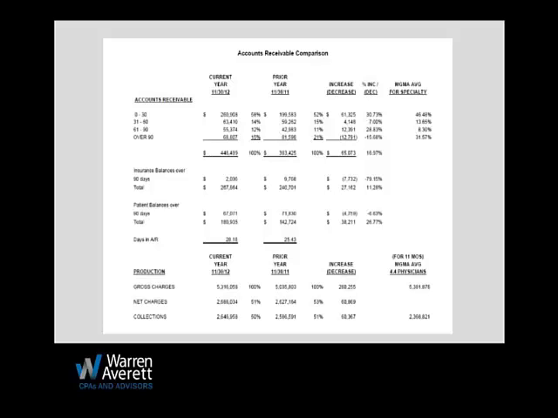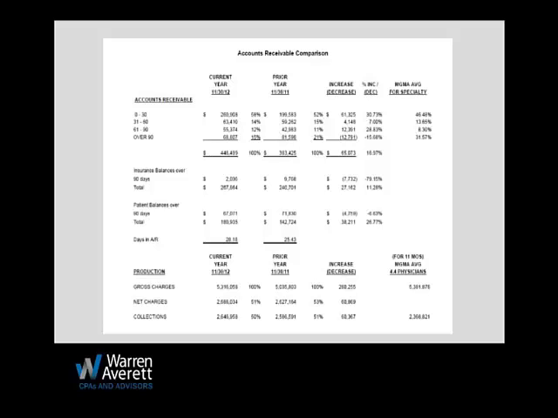Especially if it's an insurance balance, it could just be the timing of a deposit, or receiving that money on December 30th compared to getting it this year, you might receive it on January 3rd. So the cutoff may be causing that difference, and it's important to look at it month to month and not just once a year. Yeah, we would say that most of these monies for most specialties are somewhere between 90 and 95% collectible. There are going to be some write-offs in the 0 to 30.